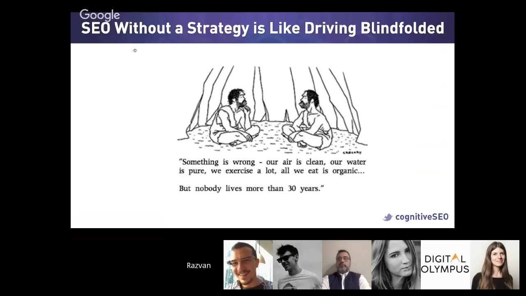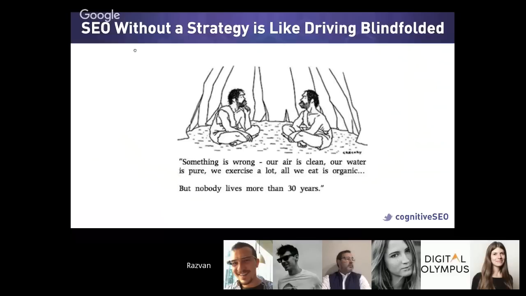So SEO without a strategy is like driving blindfolded. 5 or 6 years ago, it was very easy to rank a site quickly by just building some links on web directories, or blog comments, or buying some articles and pointing some commercial anchor text to your site. You could easily get that site high in the SERPs. It's not that this doesn't work anymore, and